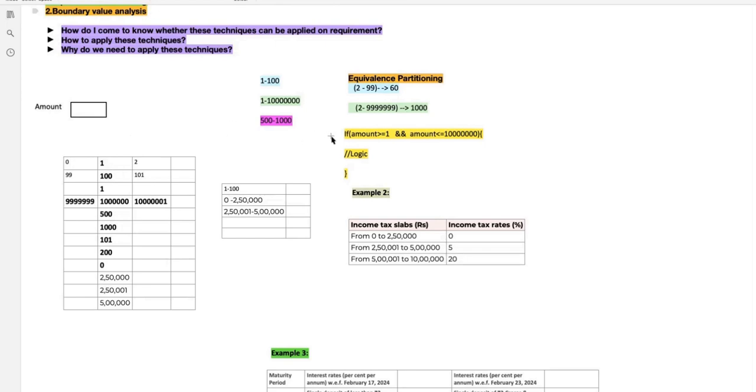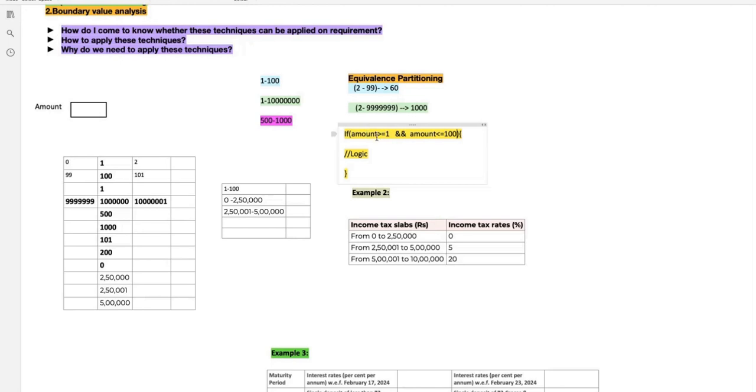Sometimes what could go wrong is the developer's code. As you can see here, I will modify this condition, as we are testing for the range of values 1 to 100. Let's assume this is the ideal condition the developer has to write. In some cases, due to urgency or conditions being written wrongly,